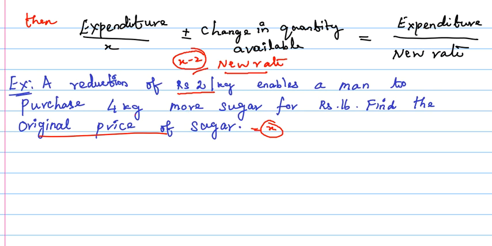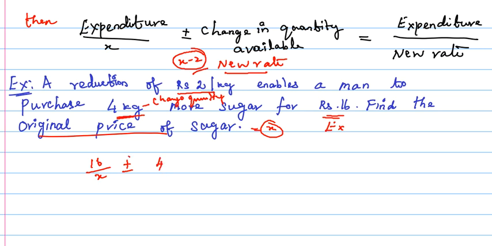And also, if you reduce 2 rupees per kg, he bought 4 kg extra. That is the change in quantity. Now this is the expenditure, a fixed expenditure. If the expenditure is changing, it's not possible to apply the above formula. So here the expenditure is fixed. Now from the given data, I am going to apply the above formula. So you get 16 by x plus or minus